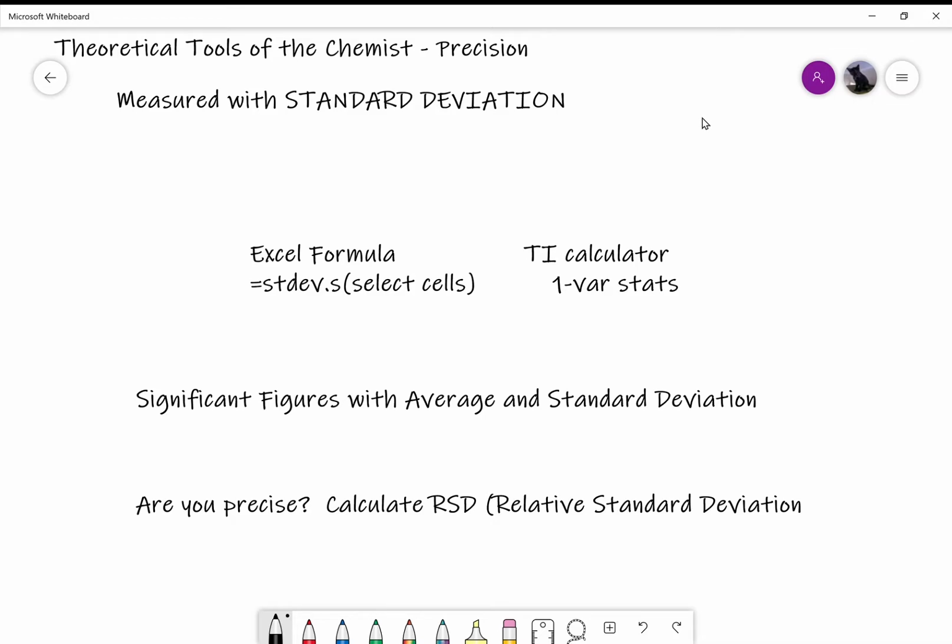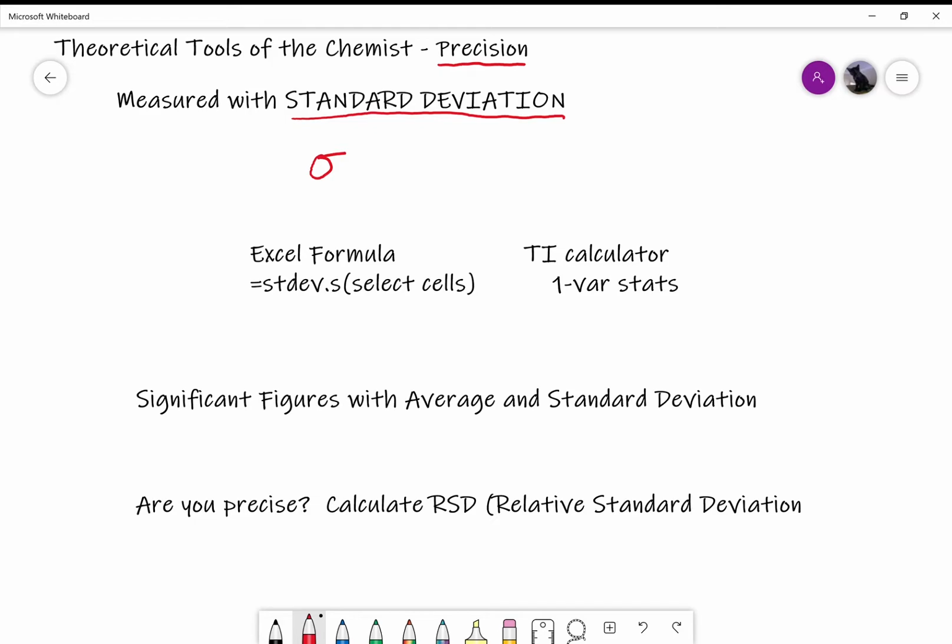So we're going to continue our statistics lecture on precision. Precision, as you might recall from the previous YouTube video, is measured with standard deviation. And standard deviation has a really big, chunky formula where the standard deviation,